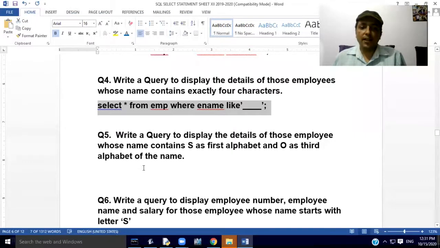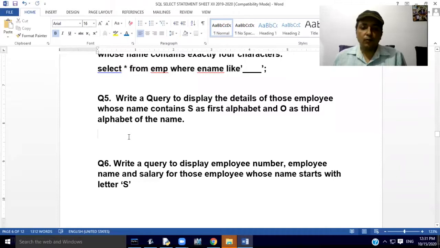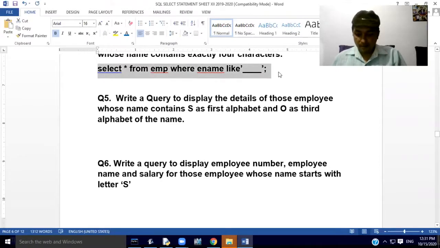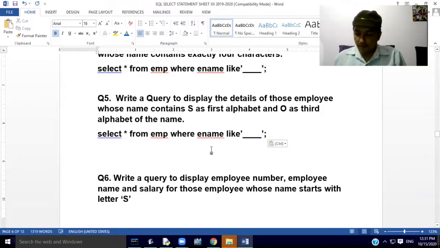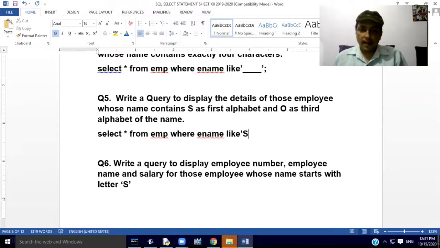Now our next query is: write a query to display details of those employees whose name contains S as first alphabet and O as third alphabet. We have to write the query like this: where ename like 'S_O%'. S is the first alphabet, the second alphabet may be anything, the third alphabet should be O, and then the % sign. Now try to execute this query in MySQL.